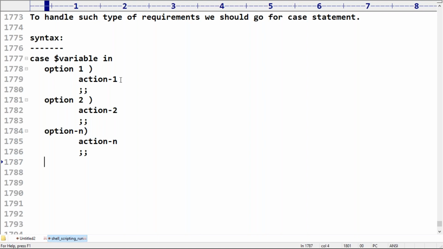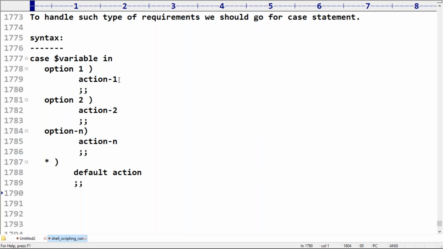Next, and after that, very important: the default action. What is that? Default action. If no option is matched, then the default action will be executed. For the default action, the semicolon is optional. Remember that. Next, the end of the case statement. How can you write the end of the case statement? We covered it somewhere. Please confirm how you can write the end of the case statement.